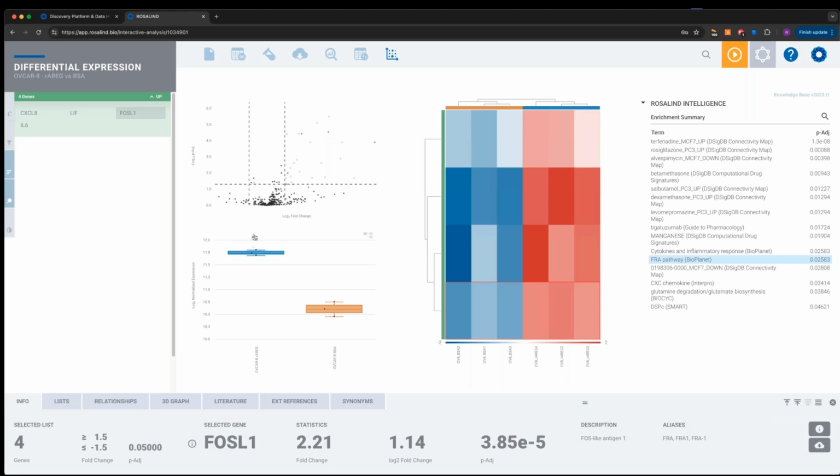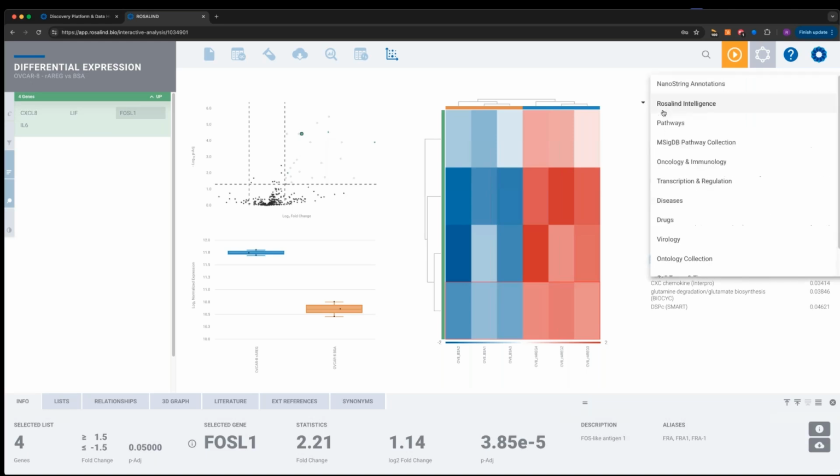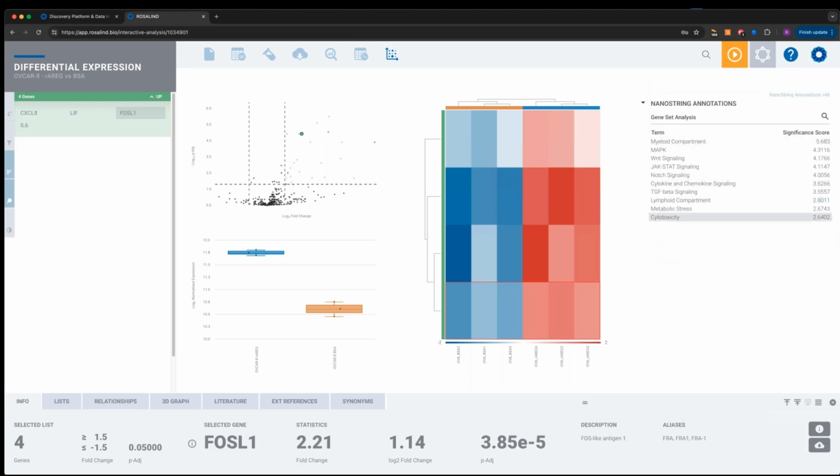Yeah, okay, I understand. So the test statistic is not directly shown as an output in typical analysis packages. It's not found in NSolver. It's not really found in Rosalind as well. So the test statistic is not visible. What is visible, of course, for your genes is the p-values. But the test statistic is just something that's calculated transiently on the way to generate the p-values. But they are used in calculation of the Rosalind NanoString scores here as well. So hopefully that gives visibility.